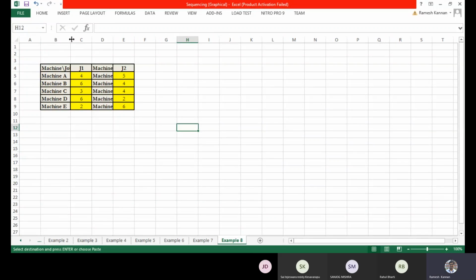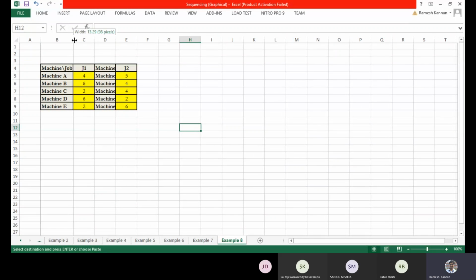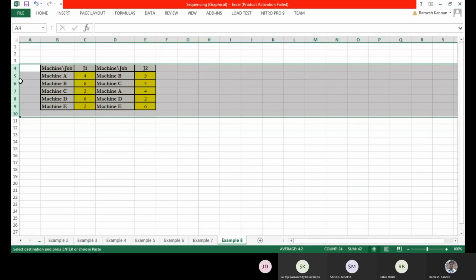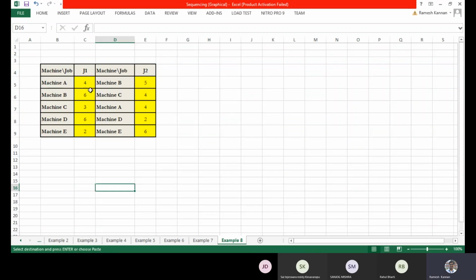This is job or machine. Machine A is 1, 2, C is 3, 5, 1, and this is 3, 4, 2, 1, 5, and in this case it is machine C, and in this case it is machine A. Can you take down this problem?